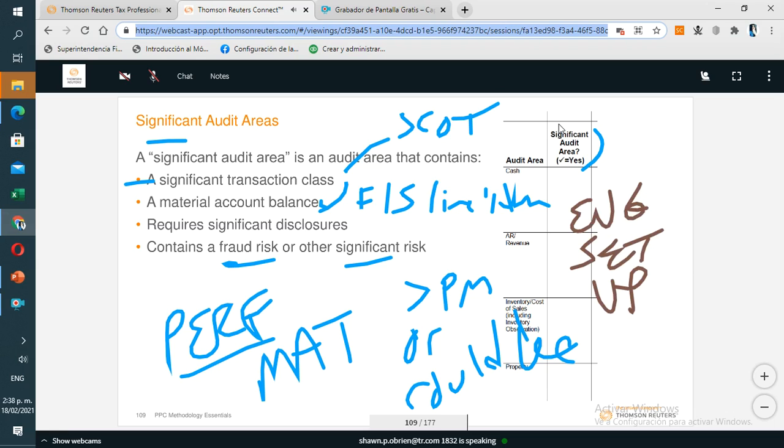You go into engagement setup, and if there's accounts listed that are not significant audit areas, you uncheck them or delete them or whatever you do. If there's areas not listed, then you should list them. That's one option. The other option is when you go into Checkpoint Engage, and we're just going to show you